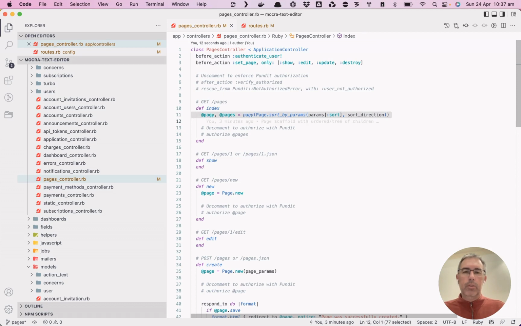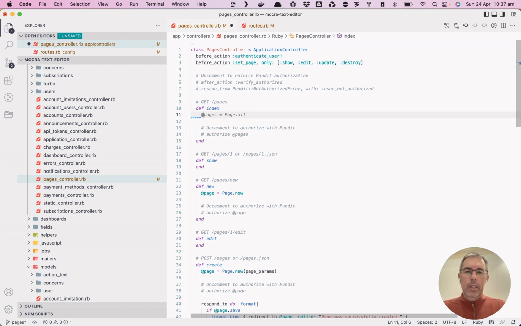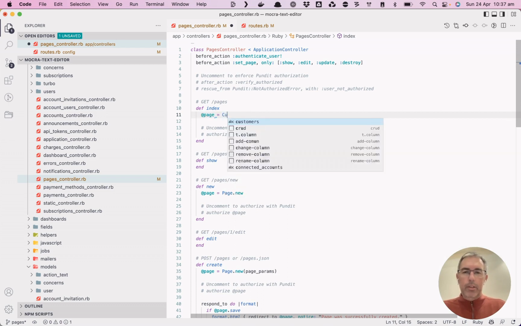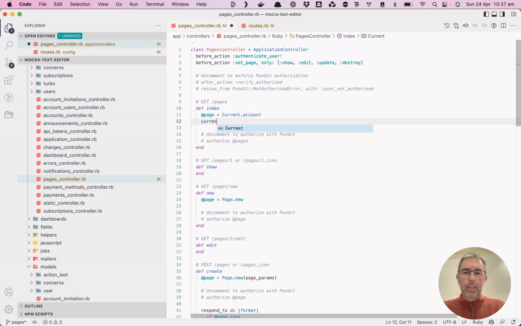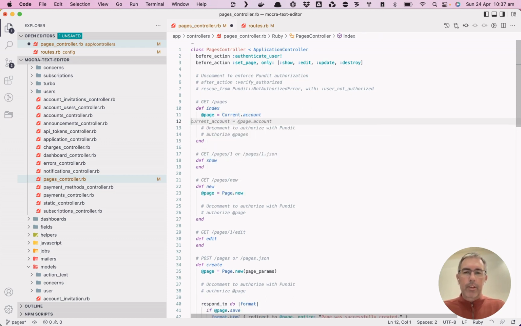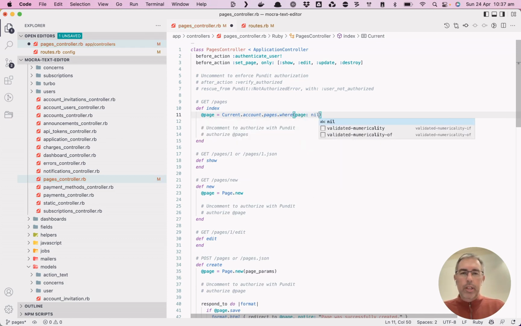There's no index. If you go to /pages, there's no index of pages; they're in the sidebar. I just want to show the first page. So if you go to an index, then we'll get a page. We'll go current account. There's current account, and then there's current account, and they're the same. Current account dot pages, where page nil